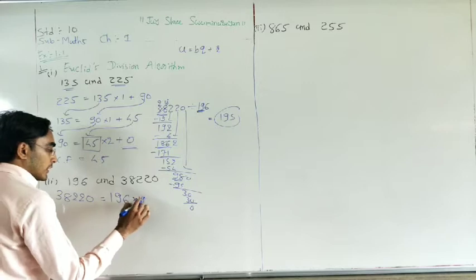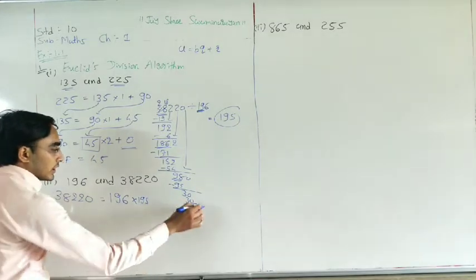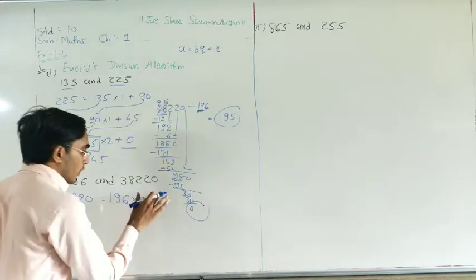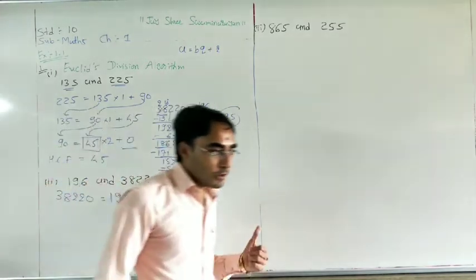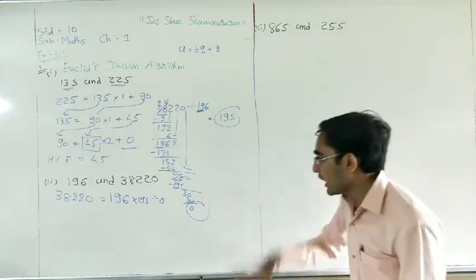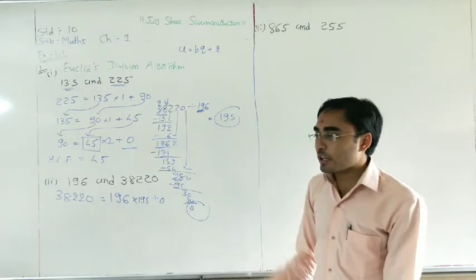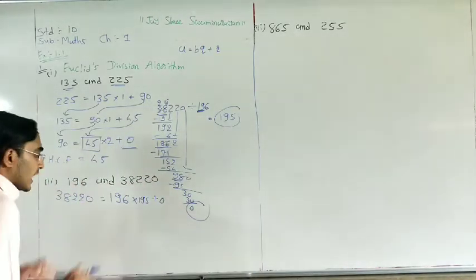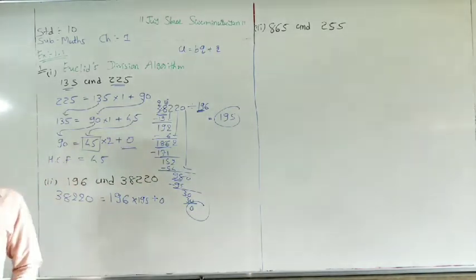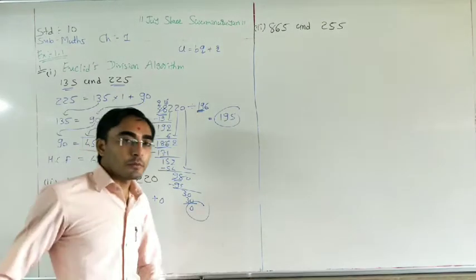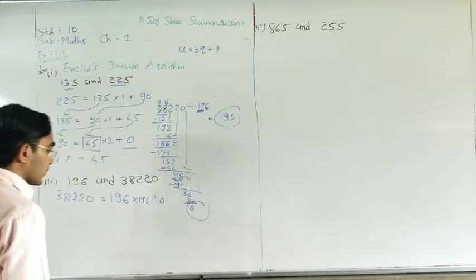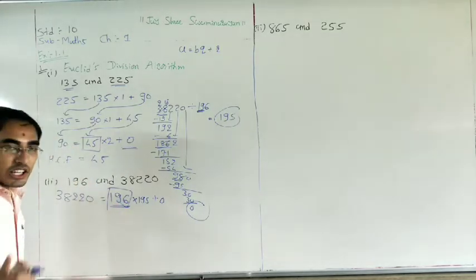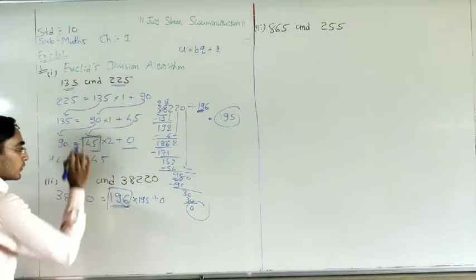So multiply 195, and one more thing, here your remainder is 0. That you want. What we want? We want our remainder as 0. So directly we get remainder 0, so over. Directly we get the remainder 0, so we do not need to follow such more steps. This is our final answer. Your first number becomes your SCF. Again I repeat this thing, your first number is your SCF.